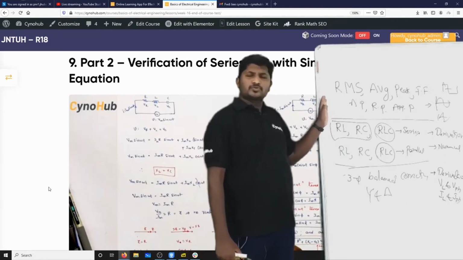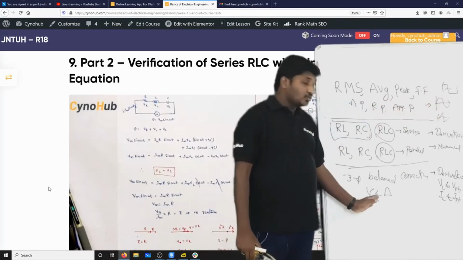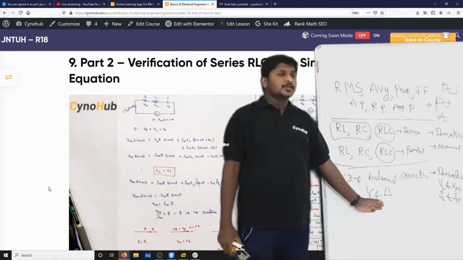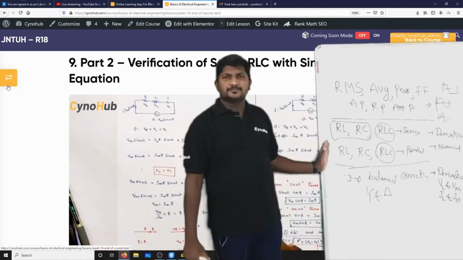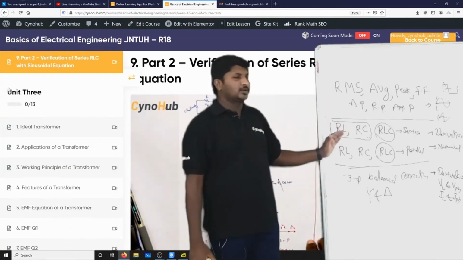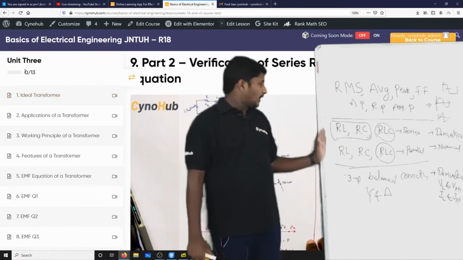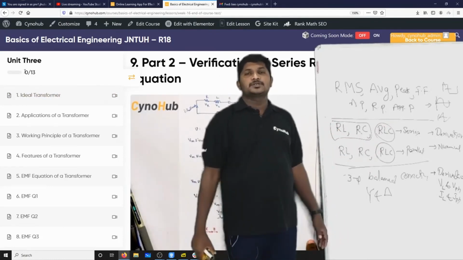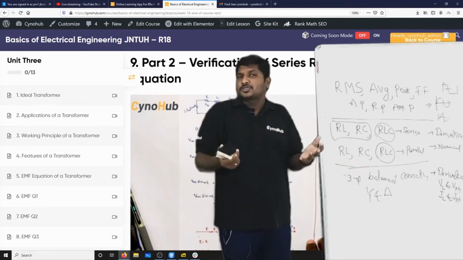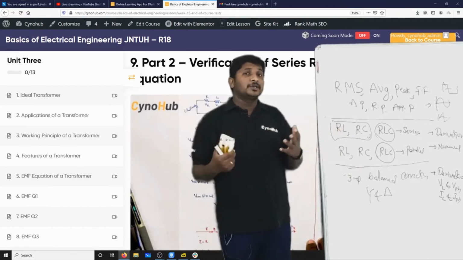Okay, so you will get so many model numericals, because there are 4 circuits and so many waveforms, and also 2 other models, that is star and delta connected systems. So read any 2 parts and leave one, and definitely you will get good marks. No sir, I'll read everything. If you read everything, and if you have any doubts, please open Cynohub. Definitely your doubt will be cleared.